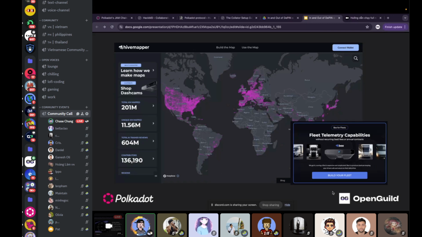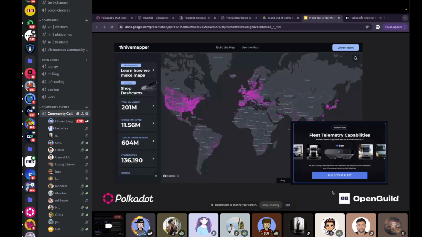With Hive Mapper, everyone can buy their own hardware device and install it on their car. When you drive around, it automatically uploads the data back to the network.